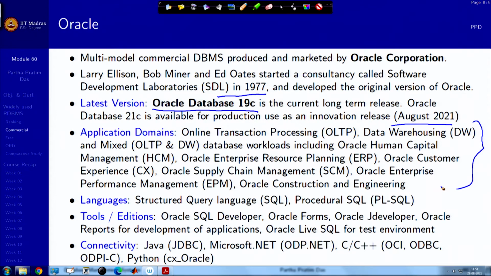So, for example, you want a customer experience tracking kind of database to be built, you do not have to build it from scratch. Oracle customer experience gives you modules which can be directly customized for your requirement and used. Languages all across the relational databases are SQL or the procedural versions of that. There are further tools many databases provide for facilitating development, and connectivity, as you have learned, is typically,